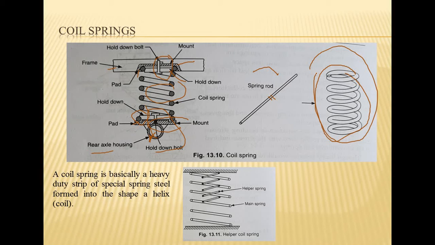As such, the energy of external force is stored and the shock is cushioned. Some of the characteristics of coil springs are that they are ideal for absorbing vertical energy and so can take up shear and bending stresses. Then, the design of the coil spring does not cater to side motion and torque reaction. Additionally, a mechanism is then needed to support the axle.